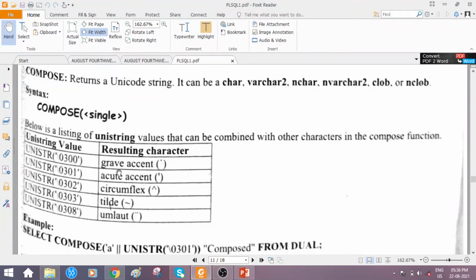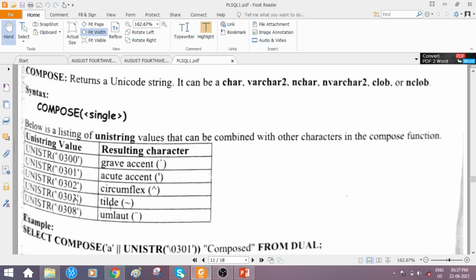This unistr is going to return which character? Just check out here. You have observed these characters on the keyboard. So this is what we call an accent. And if we are giving the value 0301, it will give an acute accent. Just check out the character here. 0302, if you are giving, then it is circumflex, like this symbol.